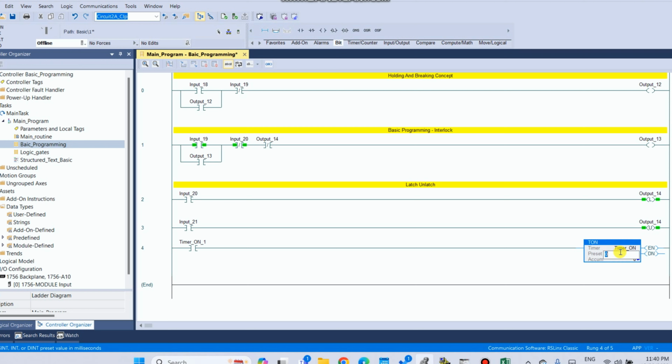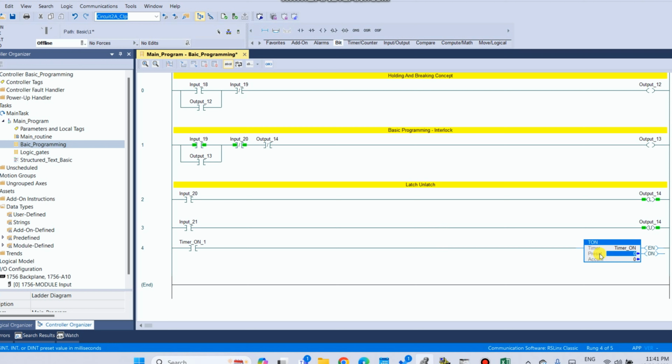And preset is an input that allows you to set the timer for how long it lasts before completion.